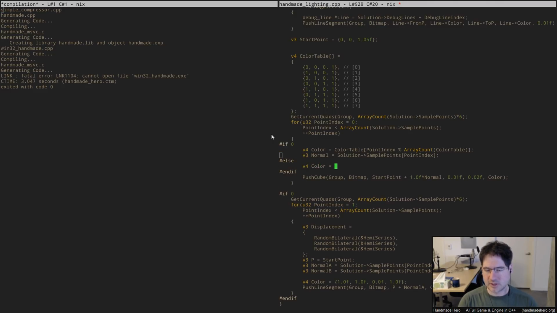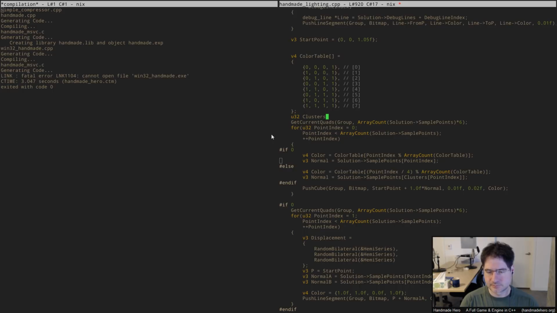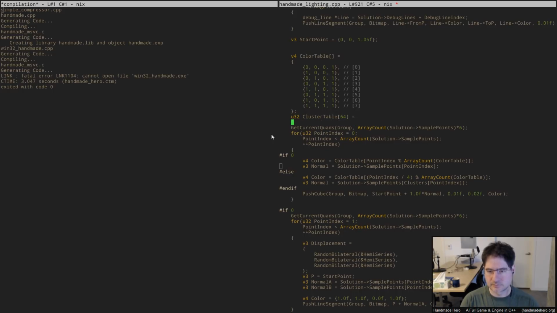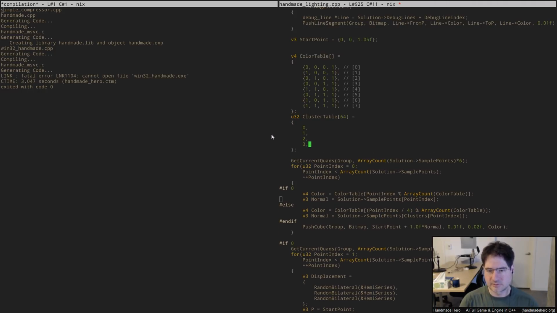What we're going to do is use the color as the color table, point index mod array count color table as before. This time it's going to be point index divided by 4, because we're going to take 4 points at a time to put them into clusters, because that's what we have to raycast, right? And then we're going to take the normal out of our cluster table. And so here we go with cluster table. And inside the cluster table, we will just put the points that we want in there. So, you know, if we did nothing,